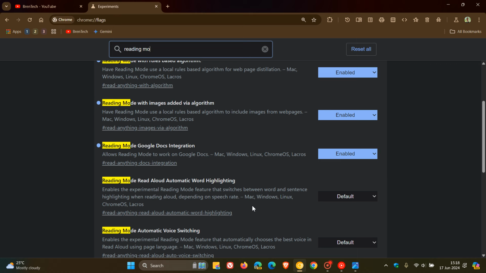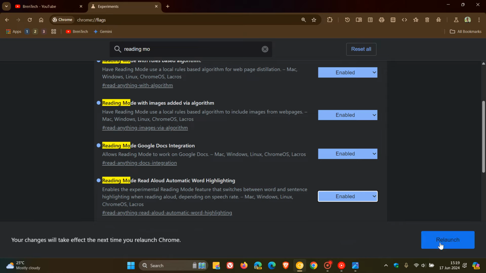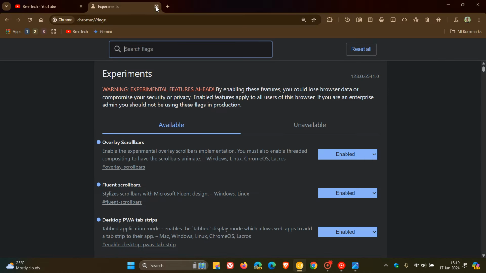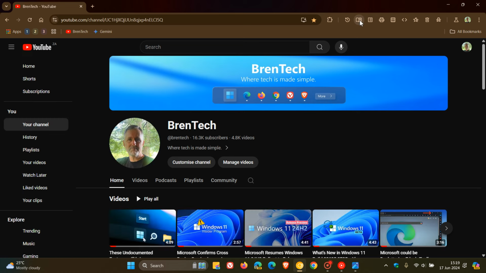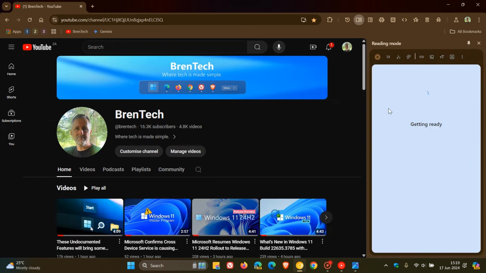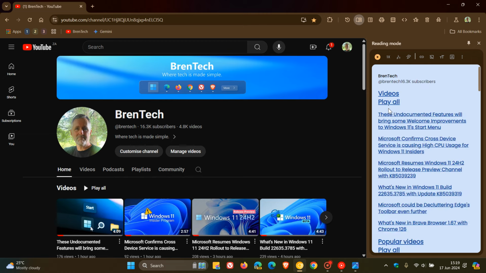So obviously this is all dependent on how fast you have the speech rate set to, which you can do in Chrome Canary as an example for the read aloud feature. So we change that from default to enabled. We relaunch Chrome Canary 128 to apply that flag. And now you'll see once that flag is applied, if we just head back to the reading mode, and we use the read aloud feature, you'll see now it